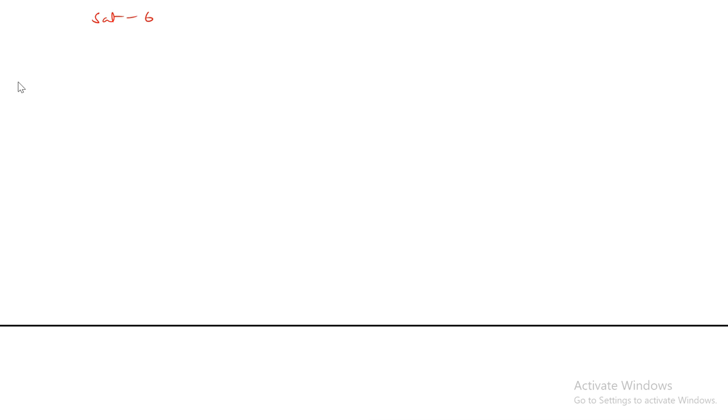Let me take a question here. Let me take model 1. In model 1, we are finding the day of the calendar without the year.